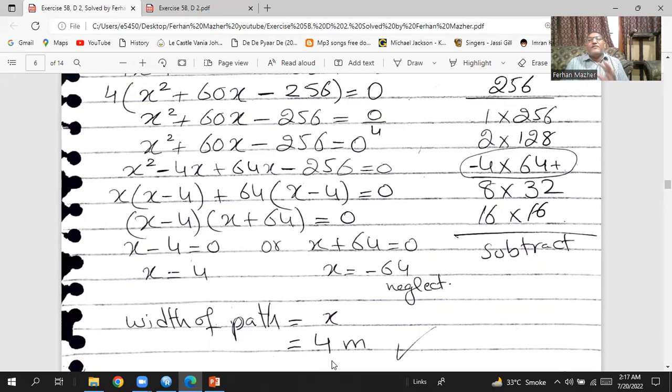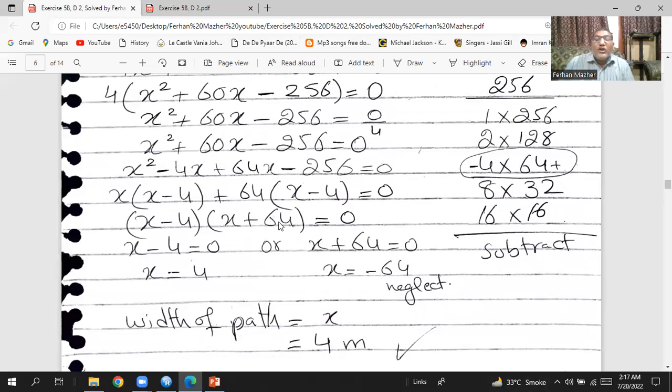So from the first two terms, you can see that x is common. So take that x common. So in the bracket, you will have x minus 4. Then you will have plus 64 is common from the last two terms. So you will have x minus 4 inside the bracket. So from this term and from this term, x minus 4 bracket is common. So this x will come here in the second bracket, and this 64 will come in the second bracket, equals